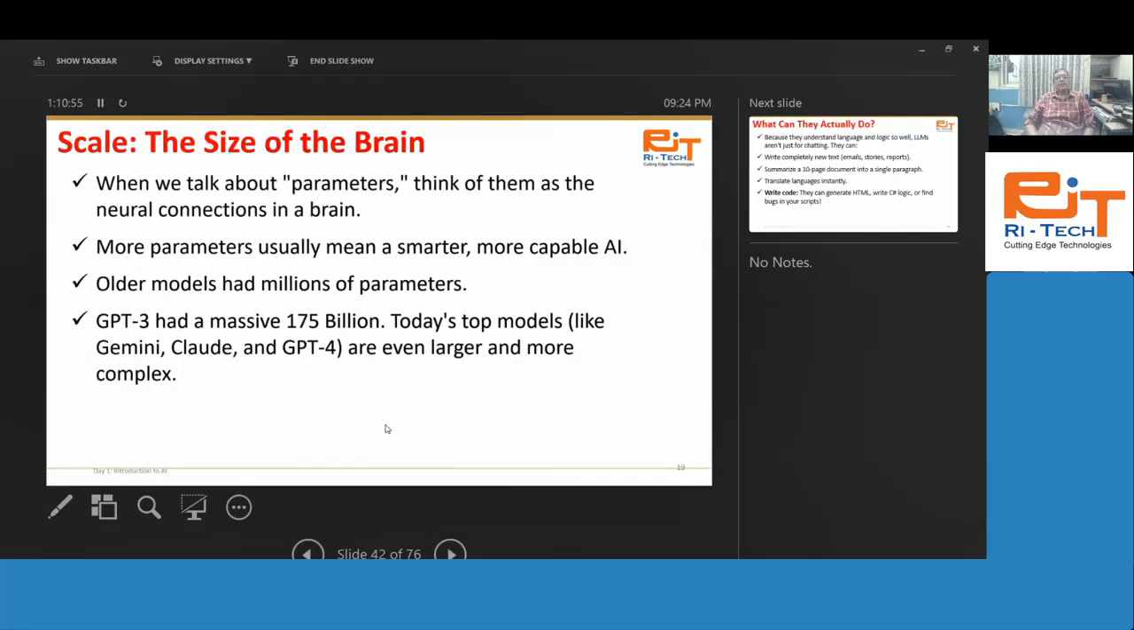Now, scale: the size of a brain. When we talk about parameters, think of them as the neural connections in the brain. If you ask any doctor how many connections we have in the brain,